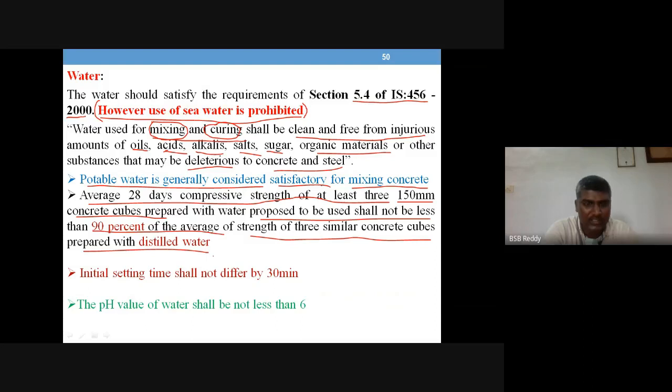Instead of sample X, use distilled water, prepare similar concrete cubes, and you can see the condition